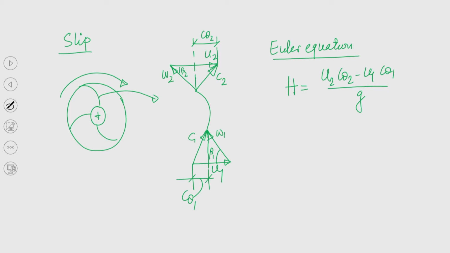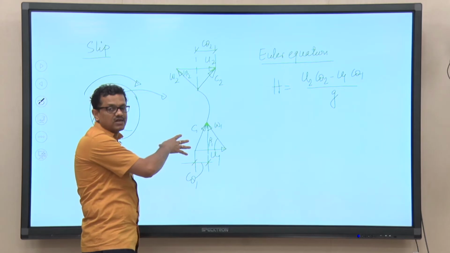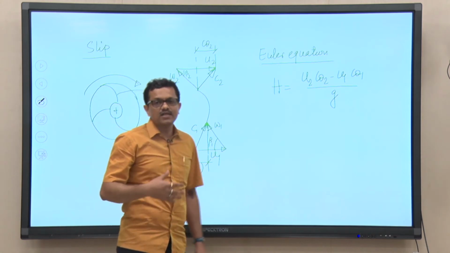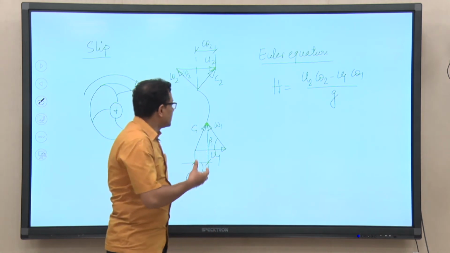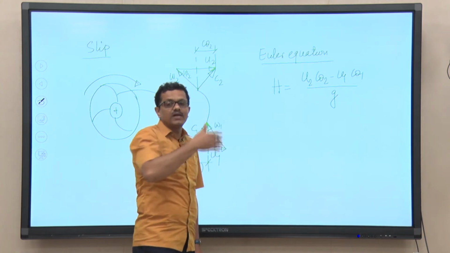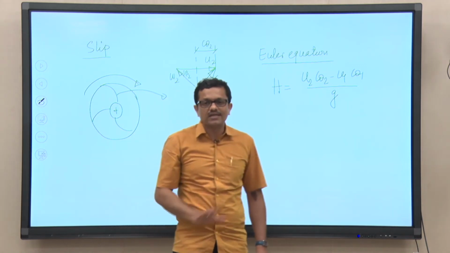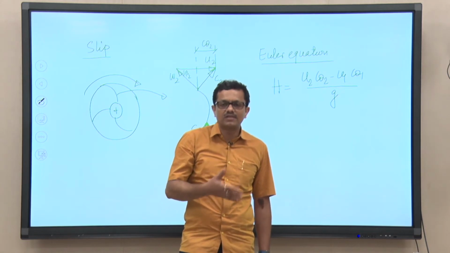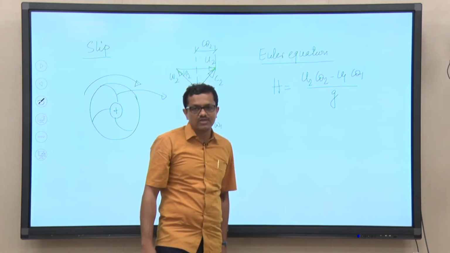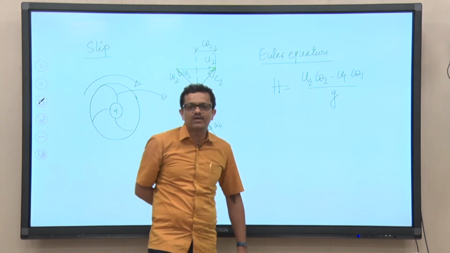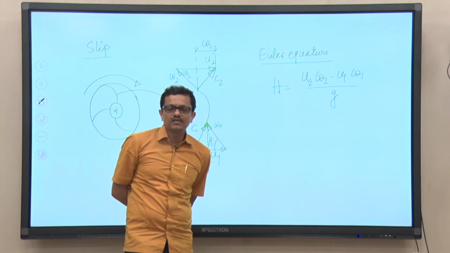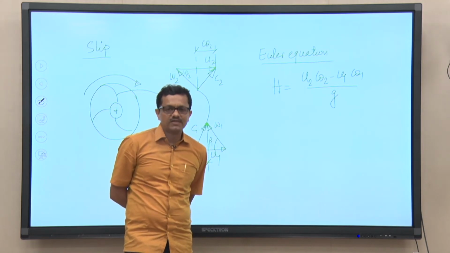My objective is not to discuss again the velocity triangles and Euler equation, but just for recapitulation, we have seen that the Euler equation is used to predict the head that will be developed by the pump, though it is an ideal head, and the actual head developed by the pump is always less than that predicted by the Euler equation. Probably that is why we had to define one efficiency, called hydraulic efficiency. Sometimes this efficiency is also known as manometric efficiency.